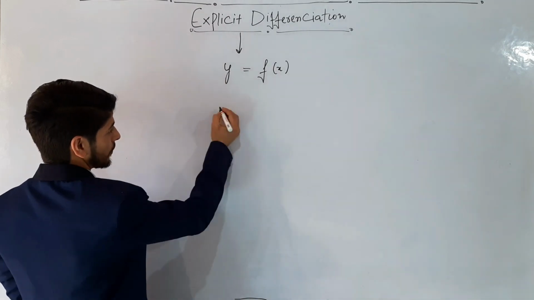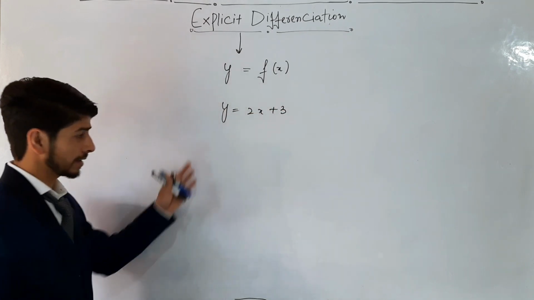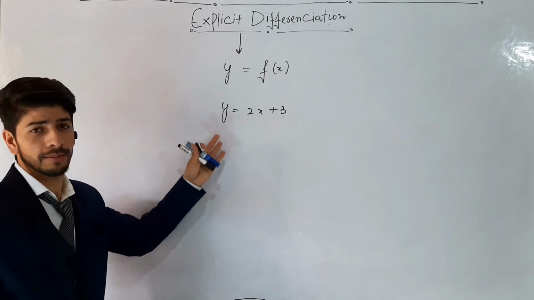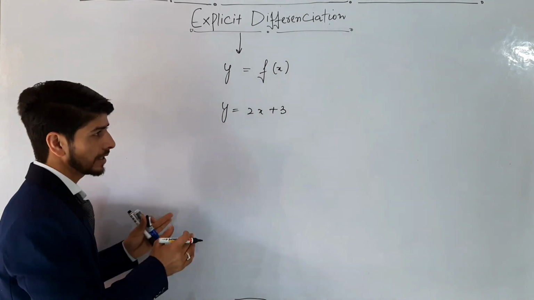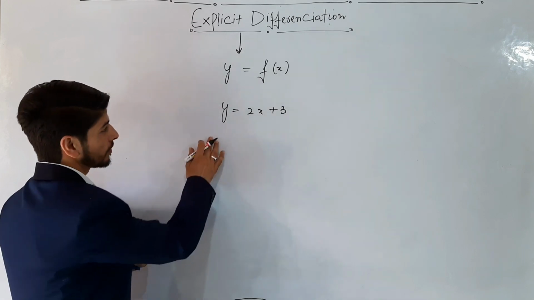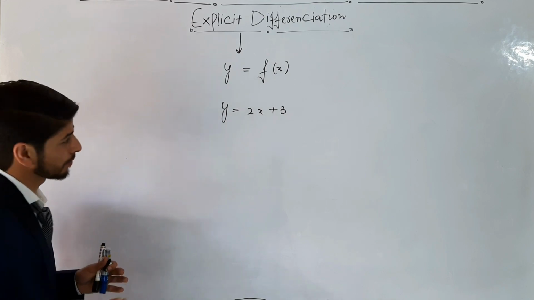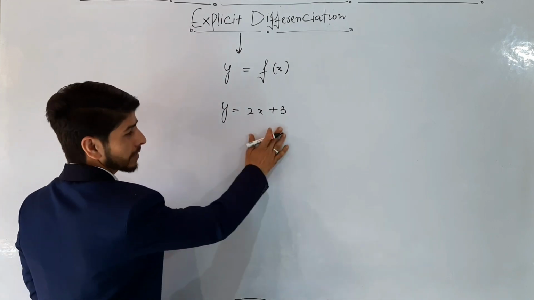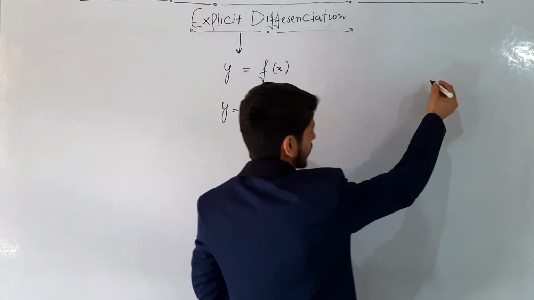Like we have a function y equal to 2x plus 3. This is a function, and here the dependent variable is y and the independent variable is x, and we want to find the gradient or slope, dy upon dx, with respect to x. What is the gradient of that function? You know that this is the equation of a straight line, y equal to mx plus c, and you are able to find